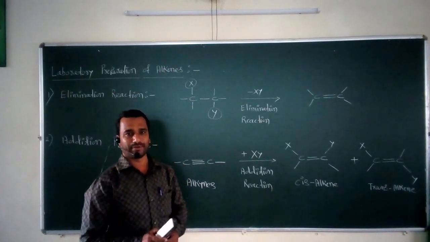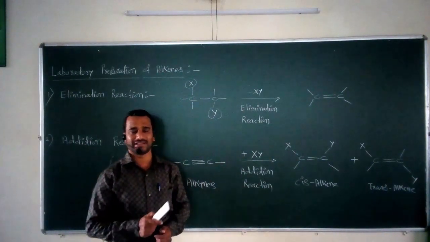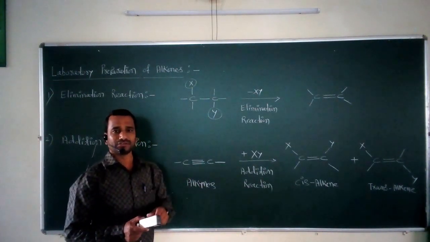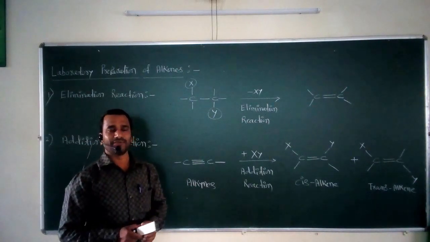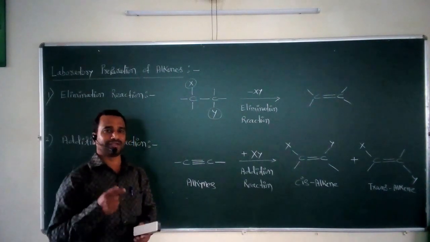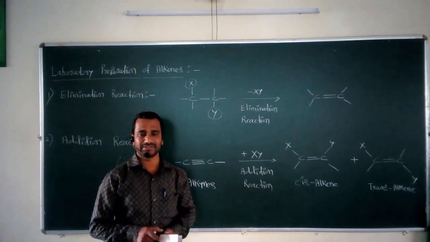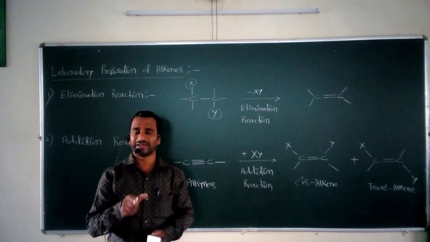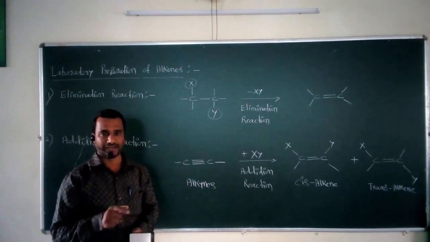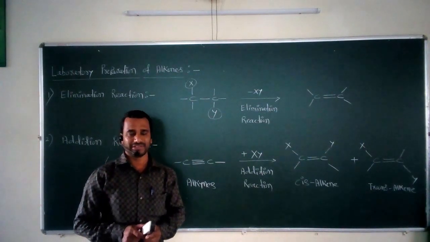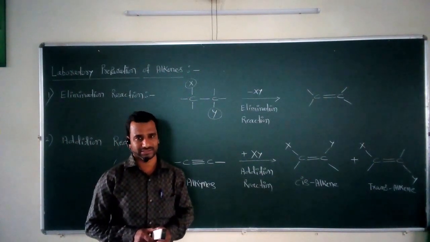So this type of reaction is called the elimination reaction, in which we remove something. In this case, we remove XY. So in an elimination reaction, if we react the given reactant molecule with a particular reagent with the application of heat, some part of that reactant molecule gets removed, due to which a carbon double bond carbon compound can be formed, and that is the elimination reaction for the formation of alkenes.